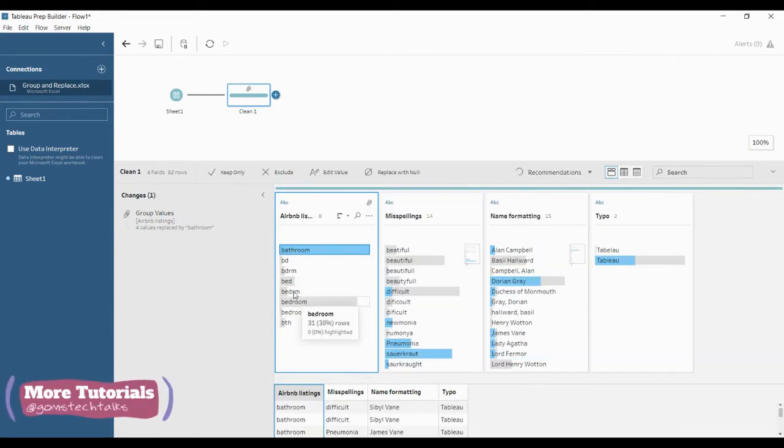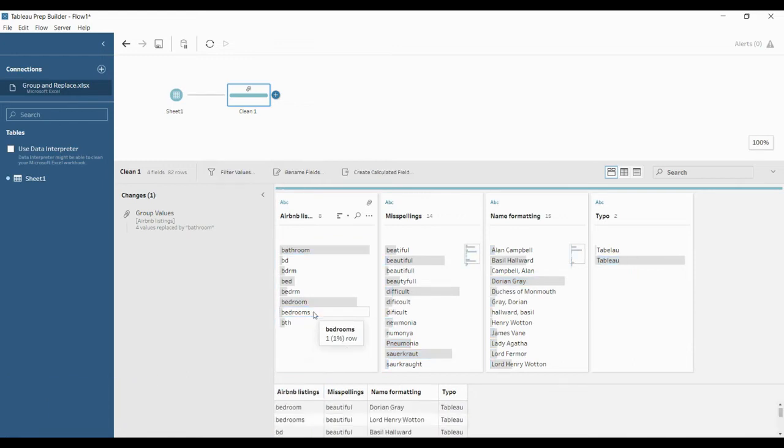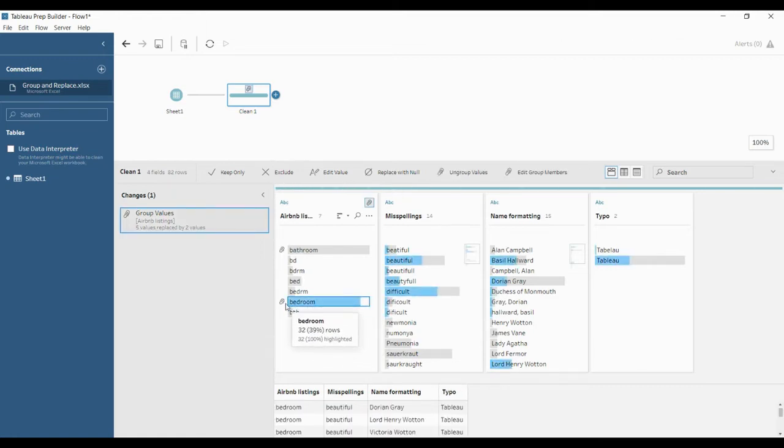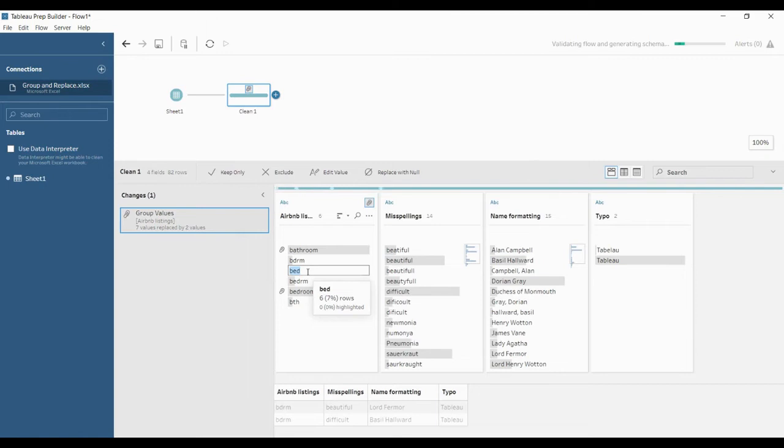Just select the bedroom. We can also do it in a different way. Everything should be in the bedroom, right? So select this, click here and delete this, click enter. It will be grouped. This is the pin icon. You can double click and copy this and then just paste this for everything. It will be grouped. This is how you can do it for bedrooms.